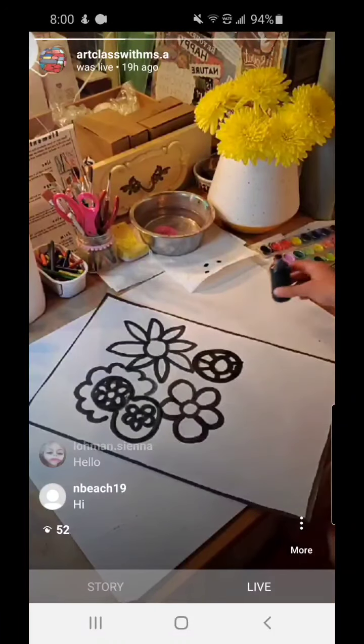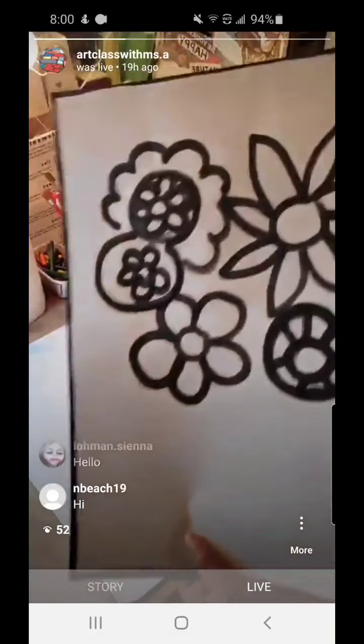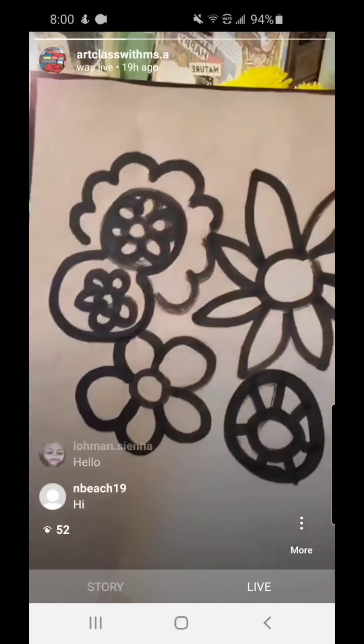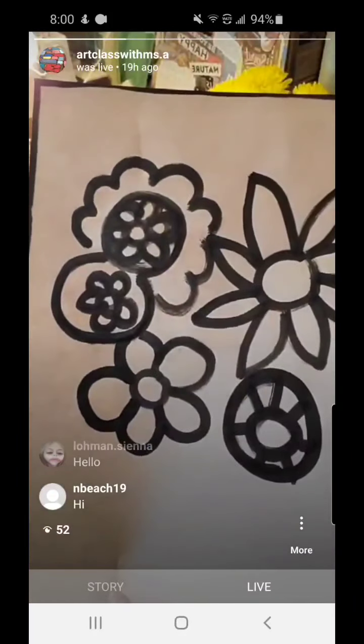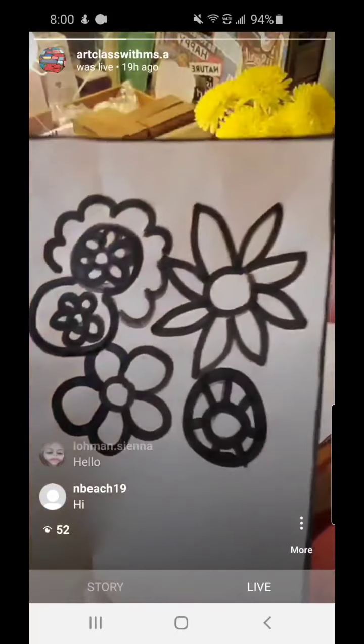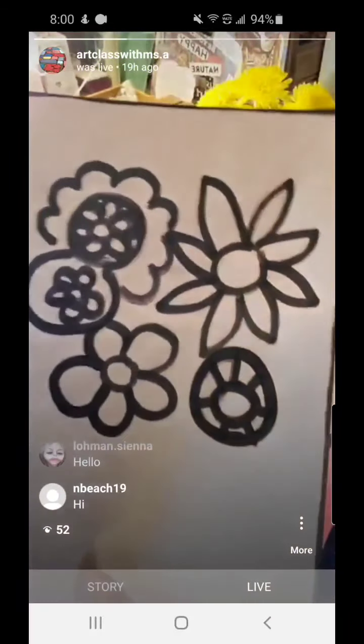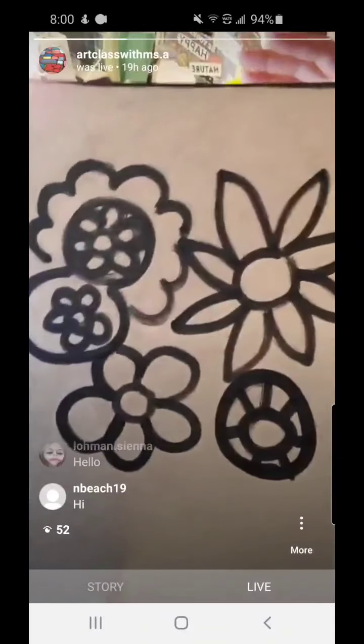It's not completely abstract because when I look at this, I can say, well, those are flowers. I know they're flowers. A lot of times with abstract, you have to really study it, or maybe even have someone tell you what it is. And then you're like, oh yeah, maybe you get that. Maybe not. But in this case, you can tell they're flowers,